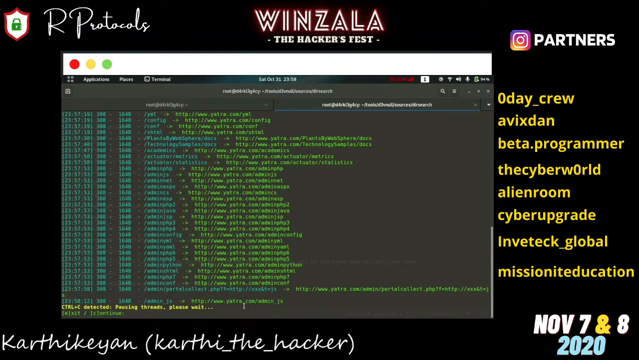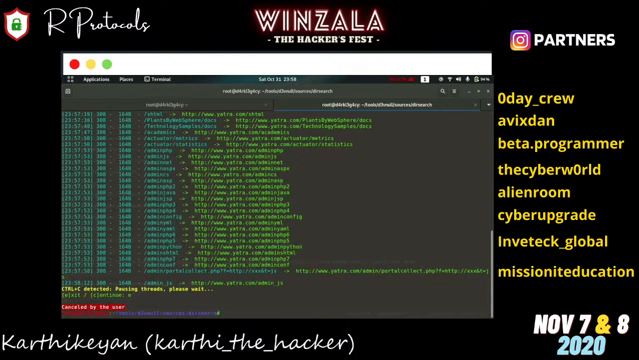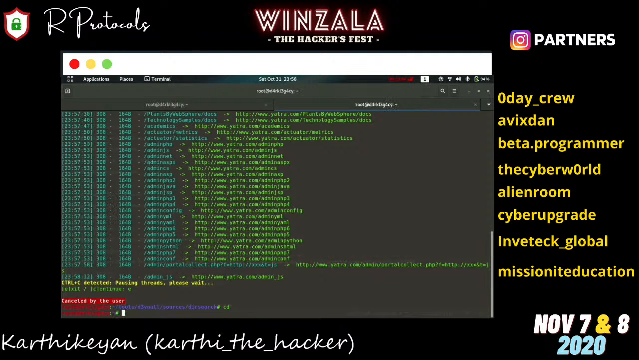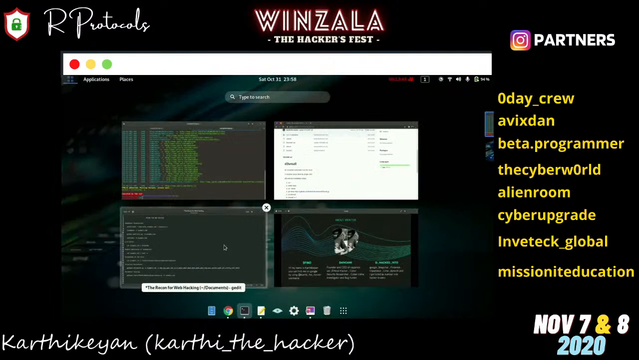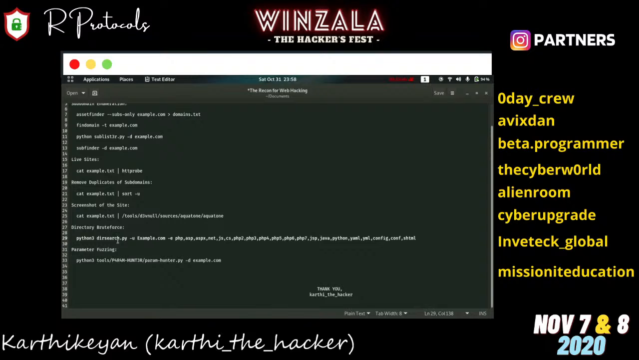The config file also sometimes contains the username and password. Many sensitive files can be found using that. Now let's get to the last one, parameter fuzzing. Parameter fuzzing is done to get a measure of attacks. Now the major attacks are covered by injection